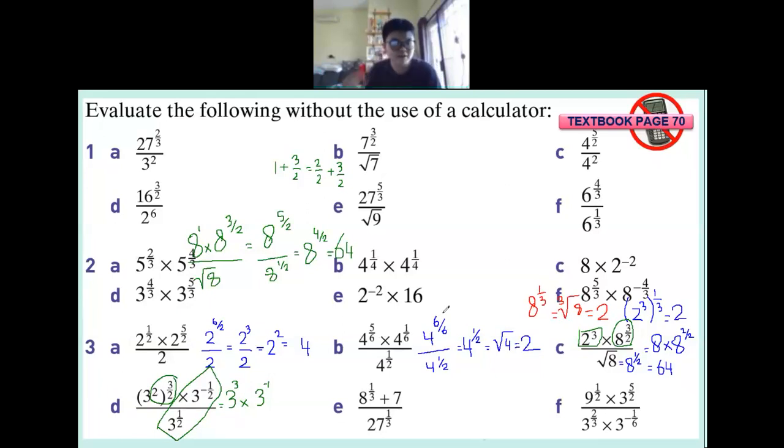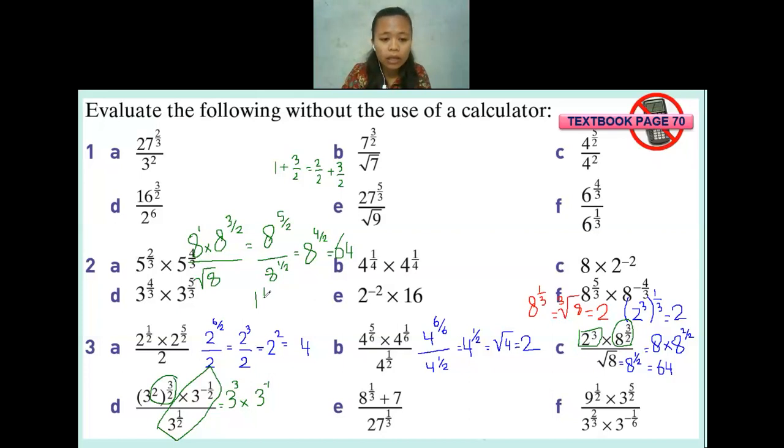Oh, never mind, teacher. I thought what happens is that we change 8 to the power of 1 per 2 to become 8 or something. I thought it became 8 squared because we reverse it. Oh no, because of the fraction. Yeah, this is 3 per 2, correct. It will be 1.5, right? Yeah, 3 per 2 will be 1.5. But the 8 is to the power of 1. 1 plus 1.5 will not equal 2, right? Yeah. Okay. Is there anyone else who disagrees, or maybe I made a wrong calculation? You can tell me, because it's possible for me to make a mistake also.